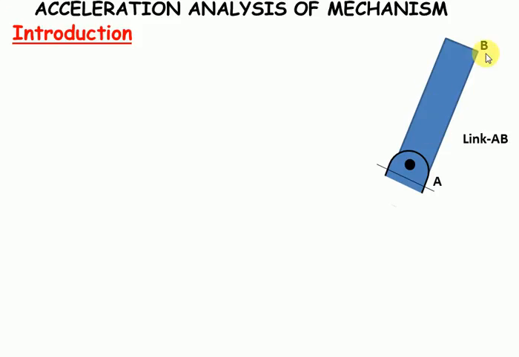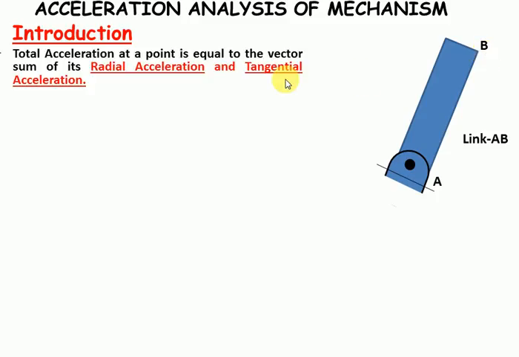So the total acceleration of any point on the link is the vector sum of the radial acceleration and the tangential acceleration. That means the total acceleration of point B with respect to A